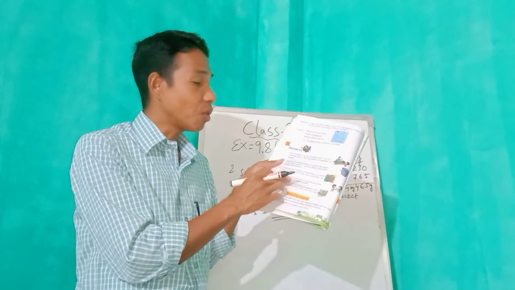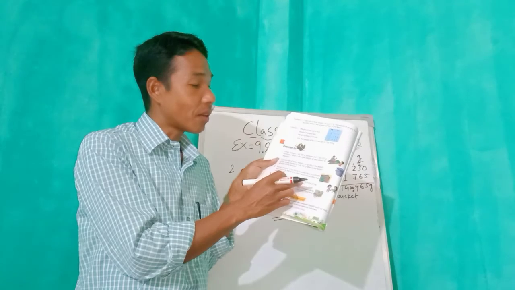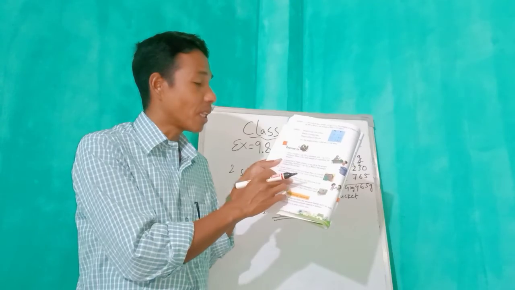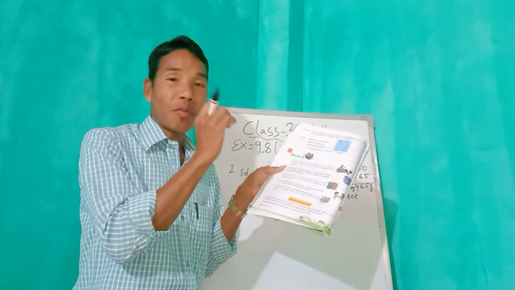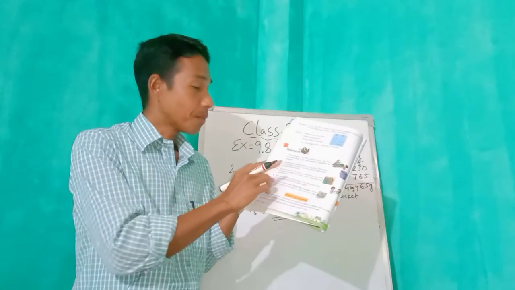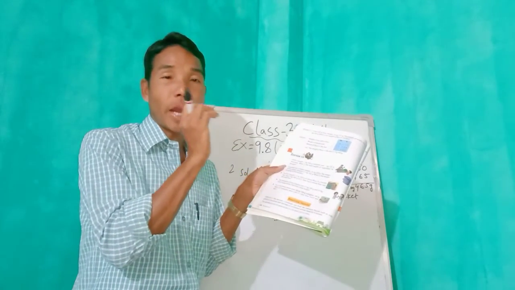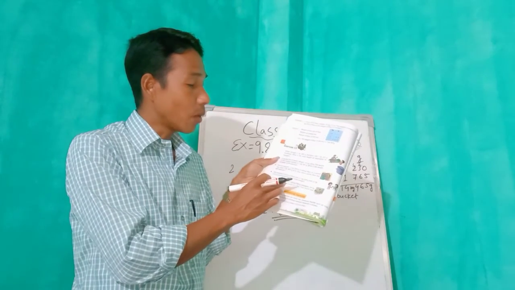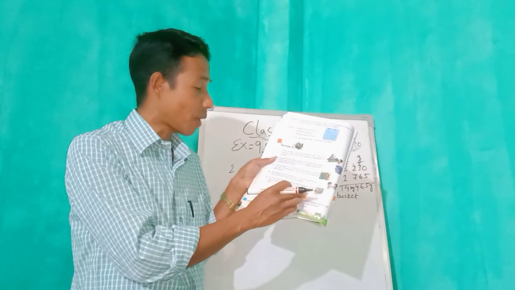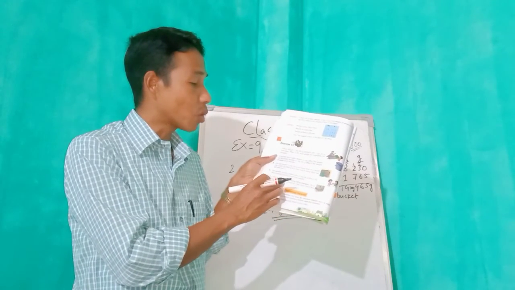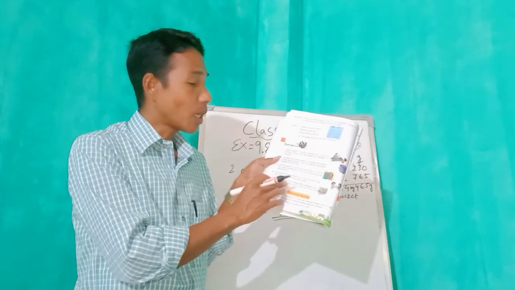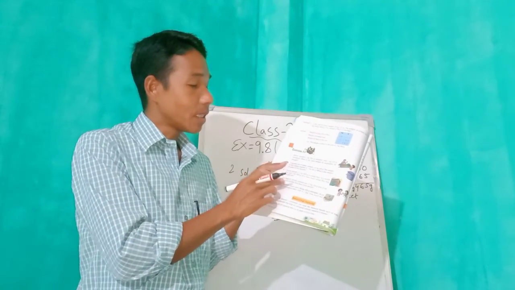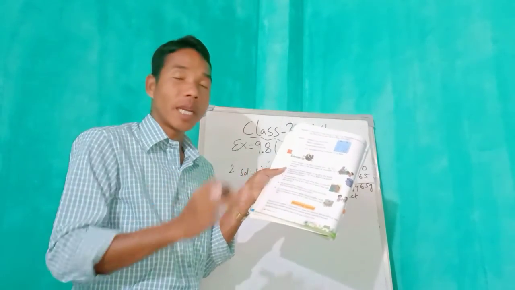And number 4, the weights of 2 children are 27 kg 550 gram and 32 kg 559 gram respectively. Find the total weight. This is what we have to find, total weight. It means we have to do addition. Okay, and in a fruit market there were 90 kg 500 gram mangoes, 58 kg 900 gram of mangoes were sold in a day. So we have to do minus. Plus and minus, then you will get the answer.